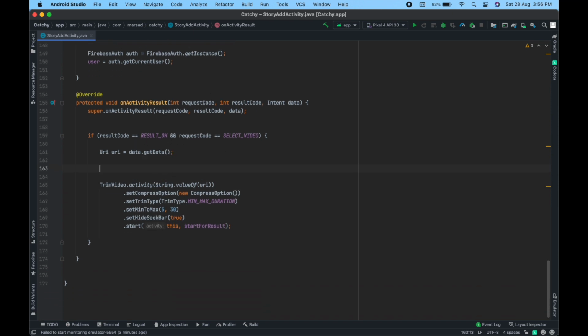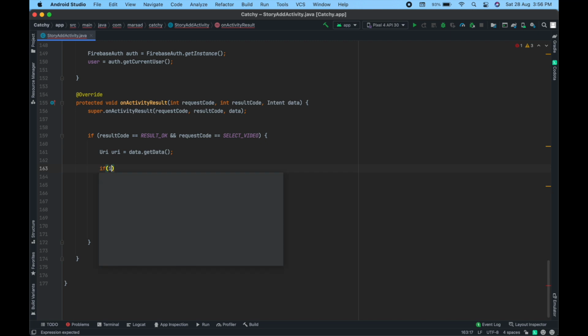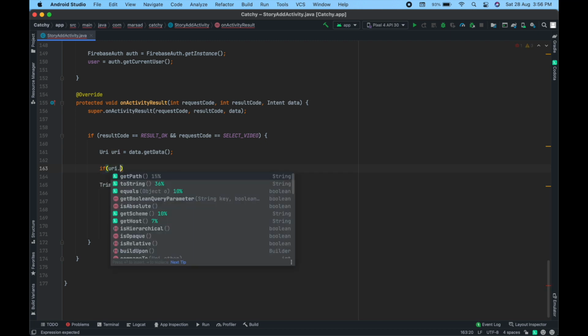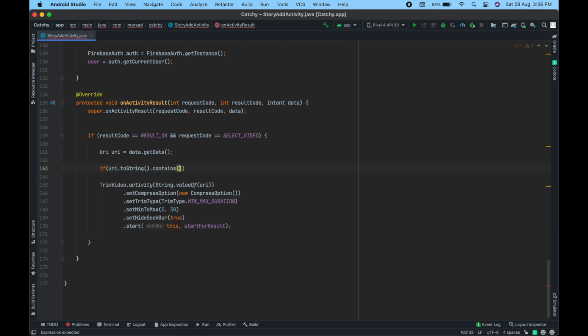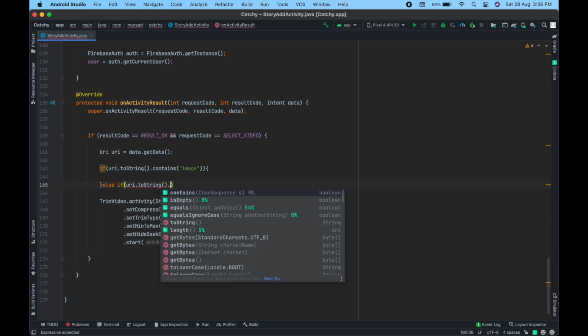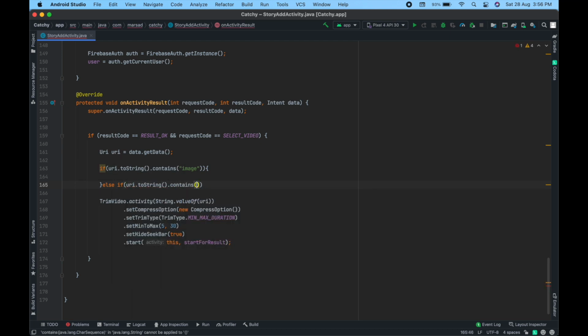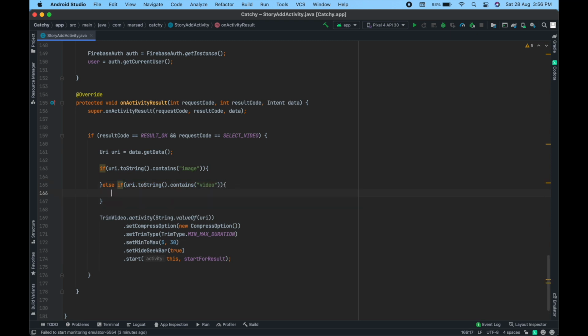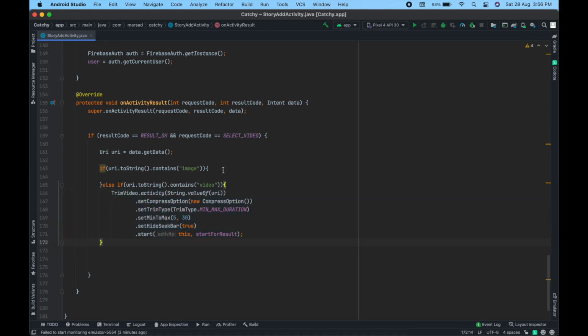and inside on activity result we will check if URI dot toString dot contains image, then we will upload image, and in the else statement if URI dot toString dot contains video, and here we will upload a video. Now move this code inside else statement and inside image,